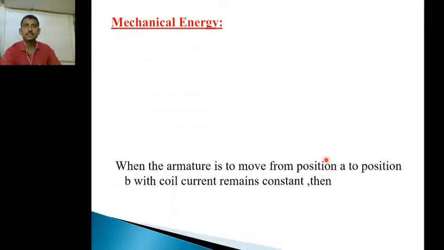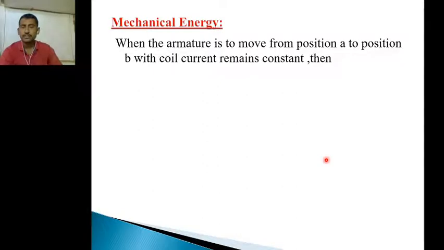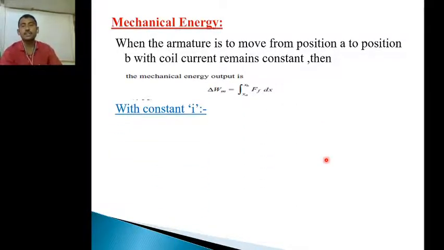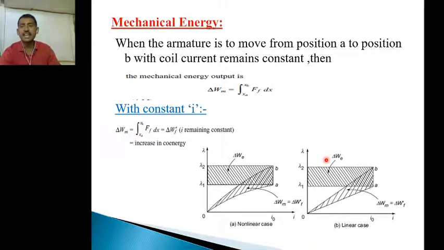So these are the mechanical force representations in terms of the co-energy and the field energy. Mechanical energy varies if the distance varies from one position A to another position B. That means in the previous armature diagram, the armature moves from the x position to another position, which we called dx. But now we consider the distances as xa and xb. That means it moves from position A to position B. When the armature is moved from position A to position B, the coil current remains constant.